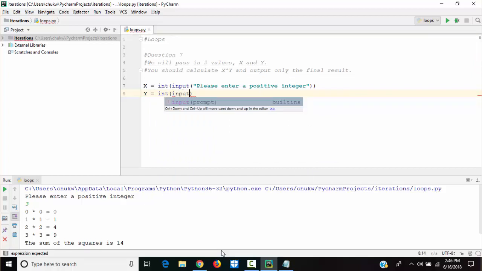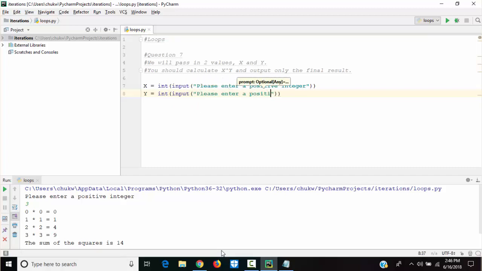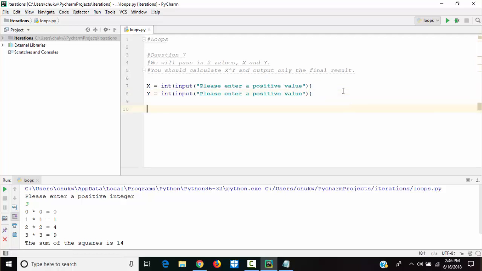So input here, but with strings, you have to be careful. Remember what we said earlier on. Please enter a positive value. Okay, it mustn't be integer, just positive value. But even if we enter something that is not an integer, this will change it to an integer. It will convert it to an integer. Okay, so we have x and y. So easiest way to write this, folks, we have that,